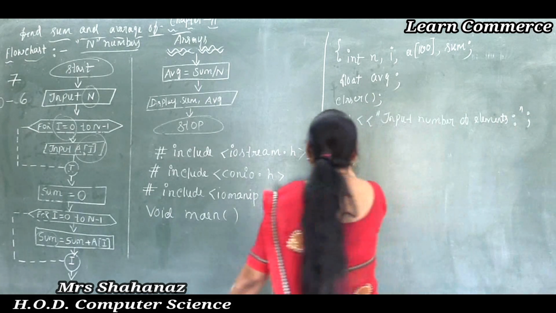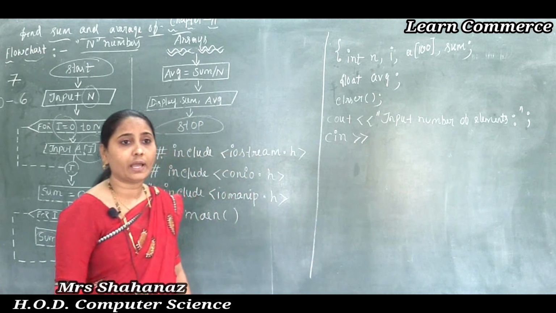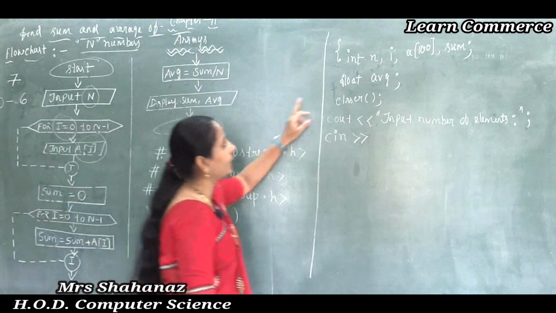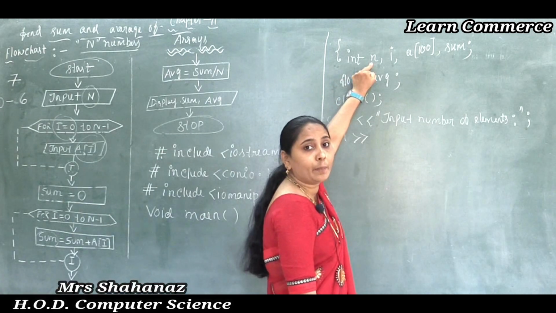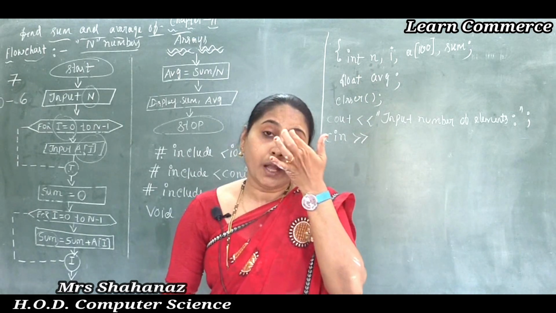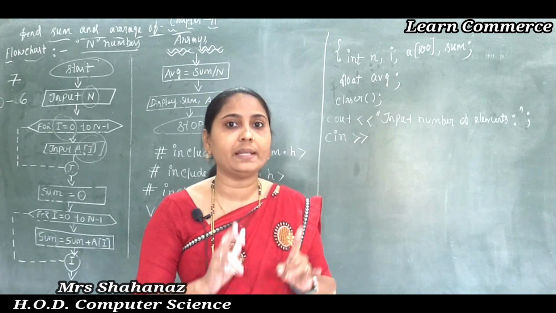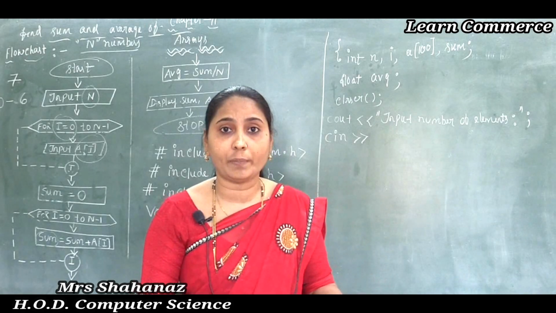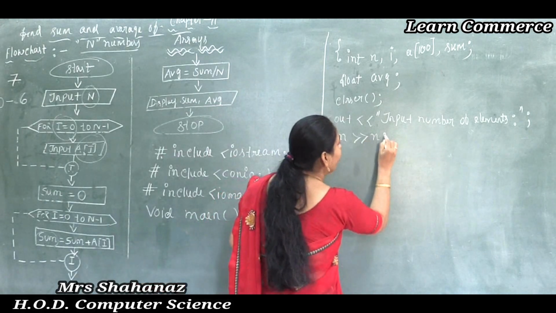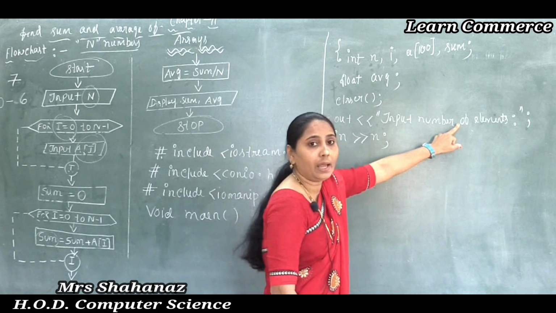And next, after that I want to input the number of elements, which I used in our declaration. In our declaration, n is the number of elements. Before taking the values one after another, first of all we need to display the message: how many elements do you want to take here? So just cin >> n. That means first it displays the message input number of elements here,